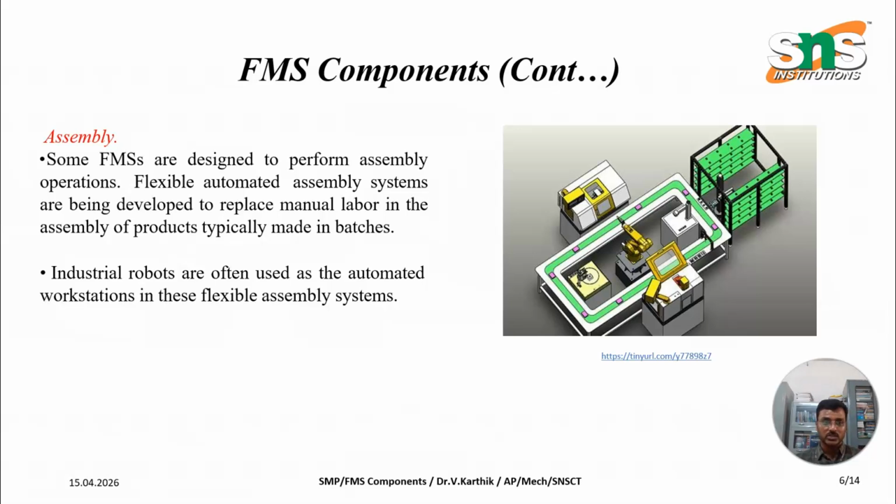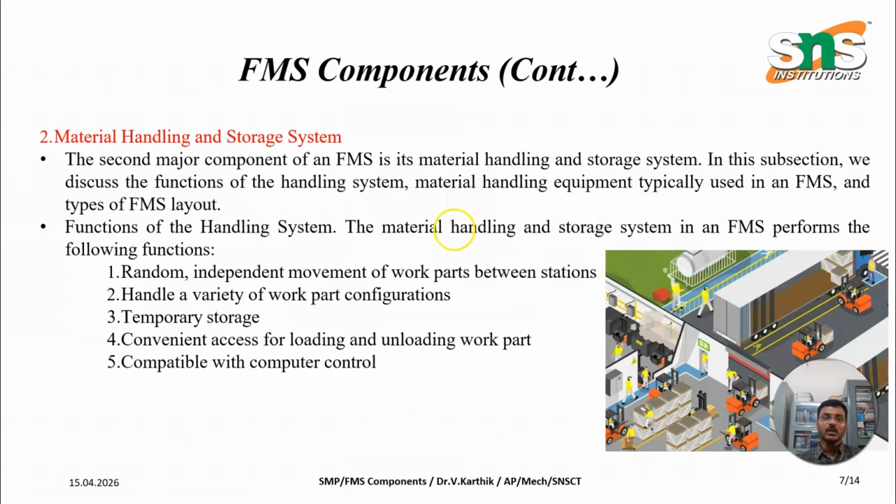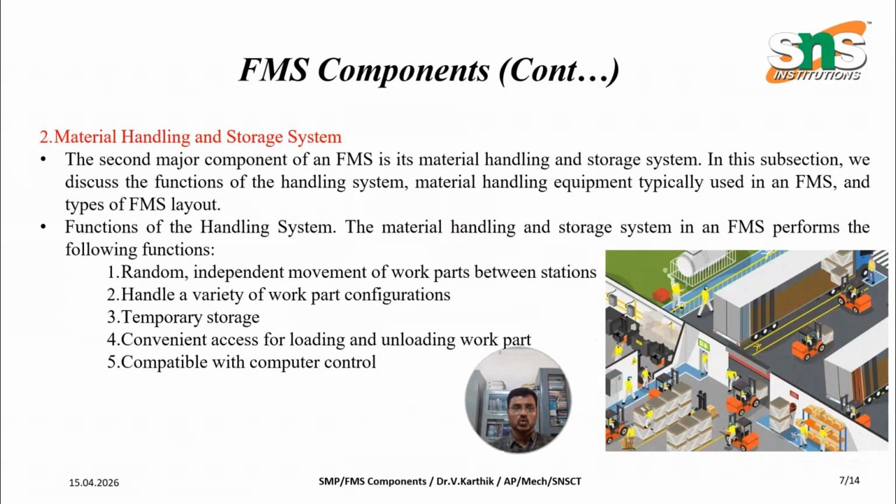Industrial robots are often used as automated workstations in the FMS. And then the material handling and storage system. The second major component in the FMS is the material handling. This is one of the major things, where while the machines work smoothly, the materials have to be delivered,